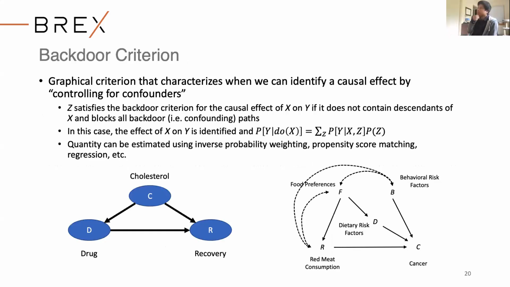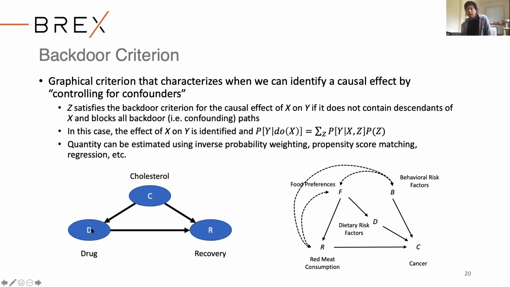Okay, so now going back to the examples that I gave earlier, where we talked about how controlling for confounders allows you to estimate a causal effect. The backdoor criterion is a graphical criterion where, if you're given the actual graph as the underlying causal structure, it will tell you what variables you need to control for in order to get the causal effect that you want. Basically, the idea is a backdoor path between a cause and an effect that you want to measure